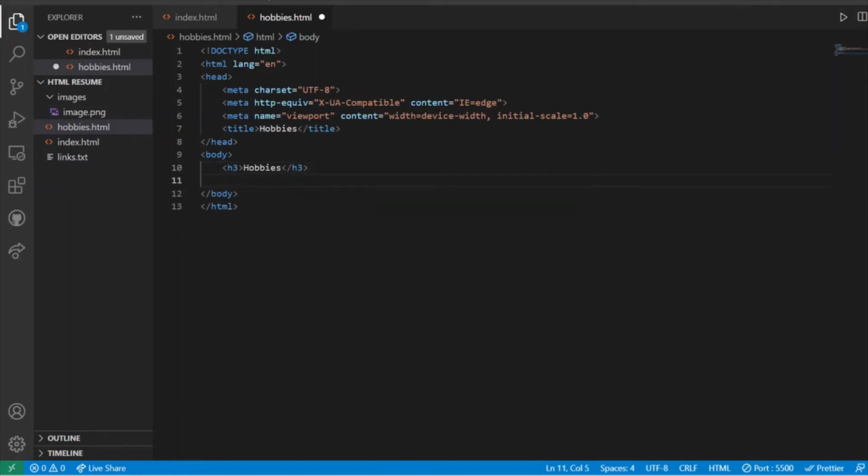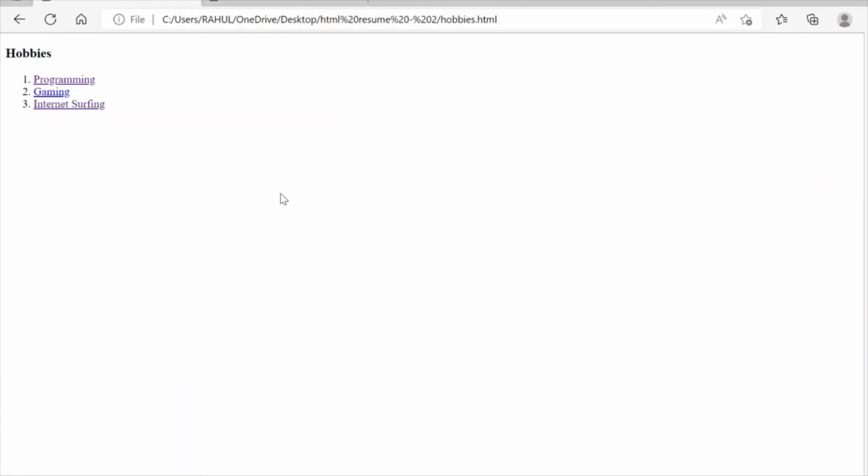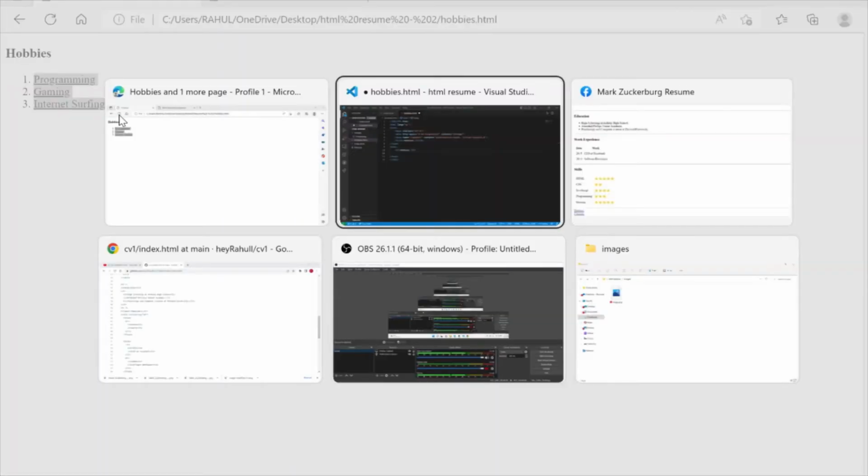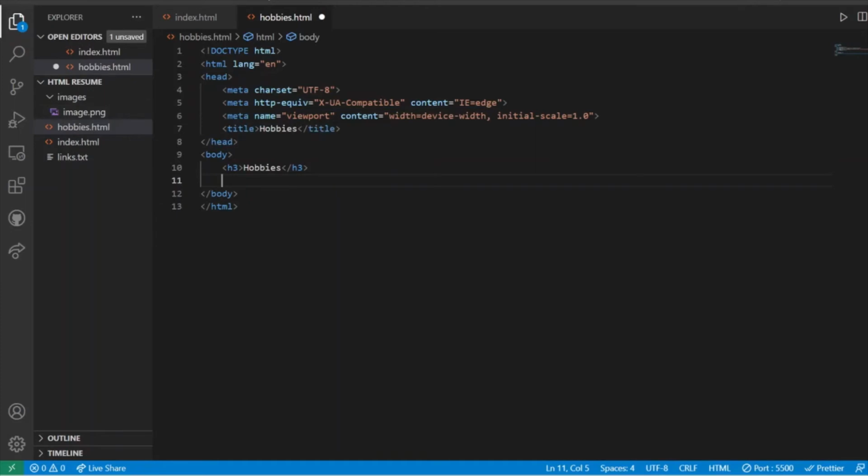And 3 hobbies, right? Now you can see that these 3 hobbies are mentioned under an ordered list. So what I am going to do is, I am going to create an ordered list and 3 list items in that.